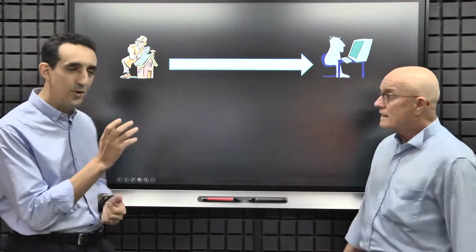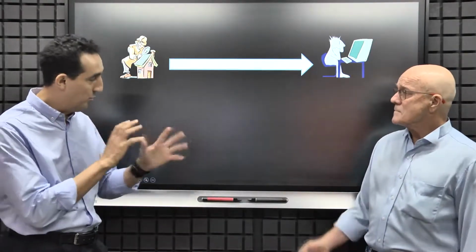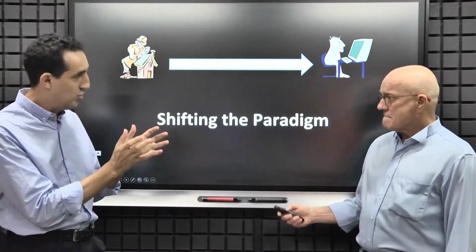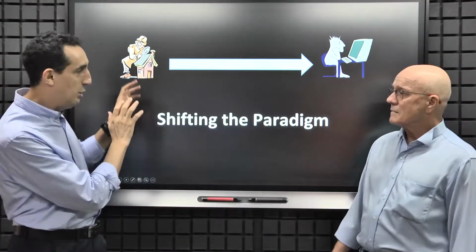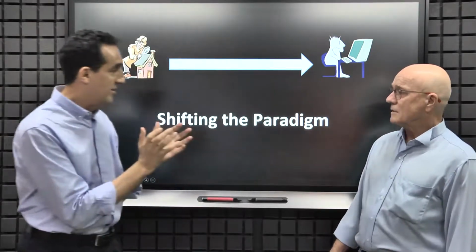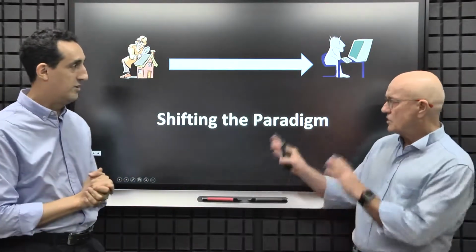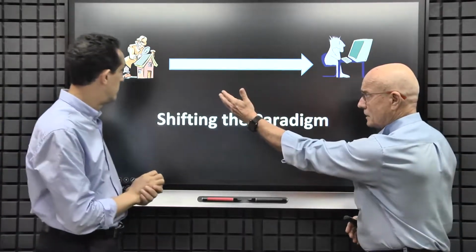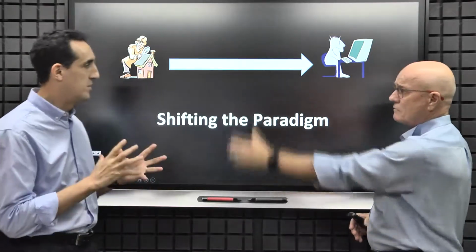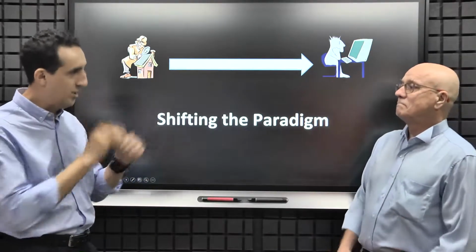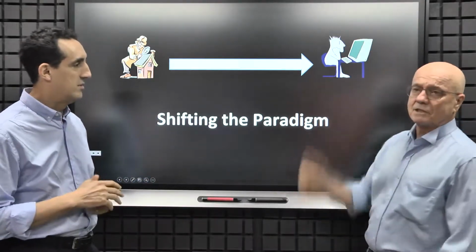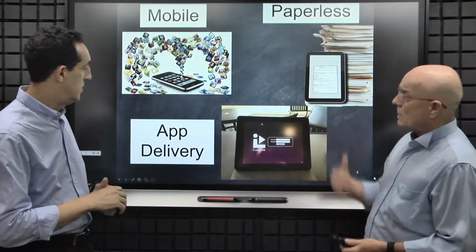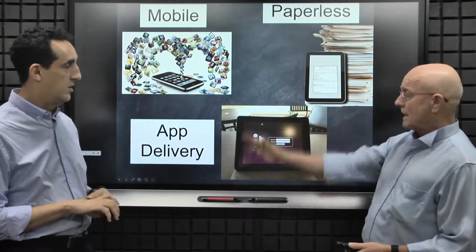So I think one of the key aspects, Paul, when we're thinking about the paper is, although we are talking about digitalization as such, the big shift toward a learner-centric approach. Yes, and that's why we see the role of technology. So we're shifting the paradigm in effect, right? Nabil, we're saying, here we had a fully controlled narrative by the sage on stage. Teacher-centric, student-centric. For us, our goal was a mobile, paperless application delivery.